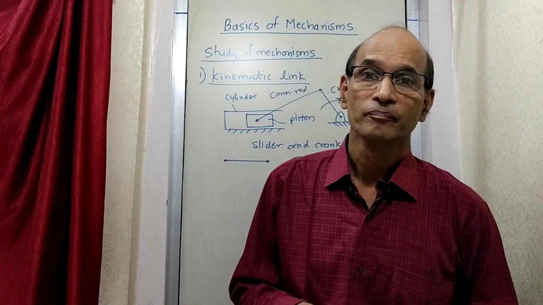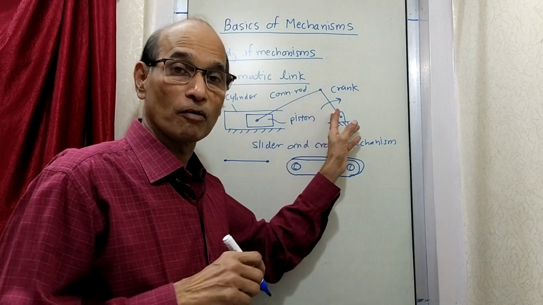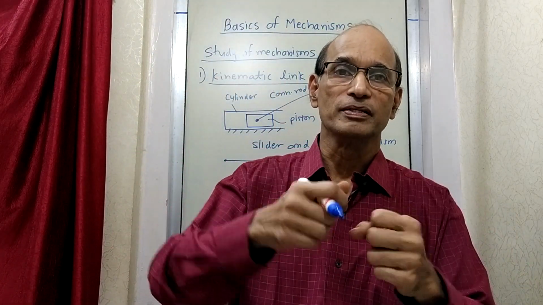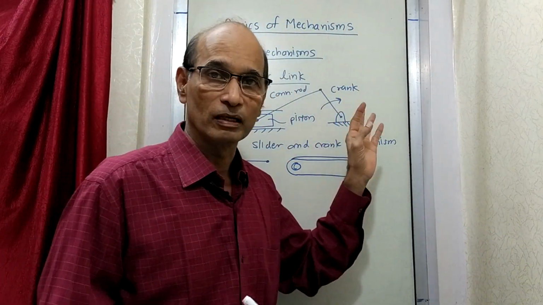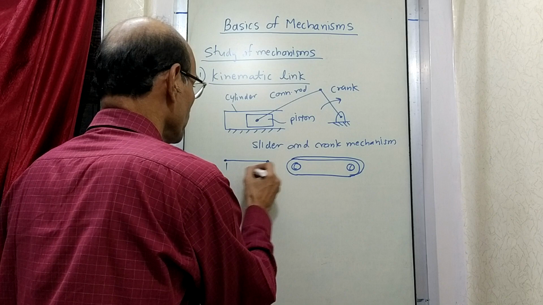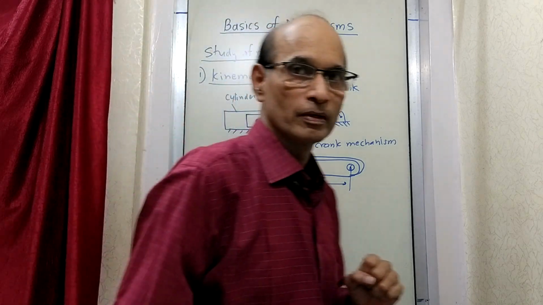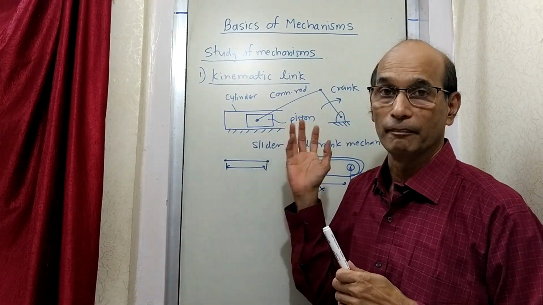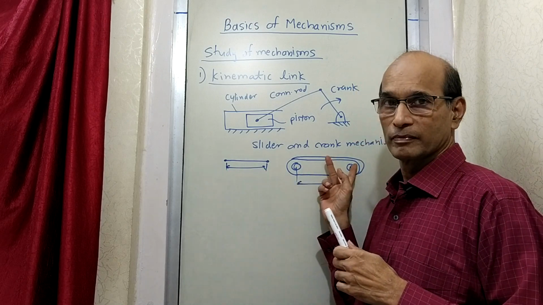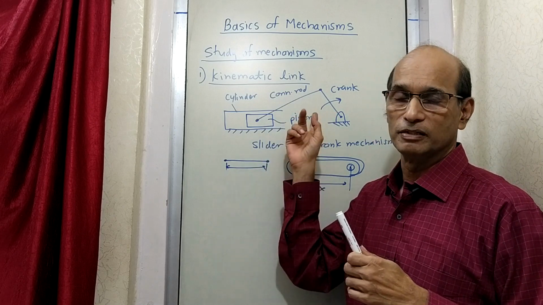Now what is the meaning of rigid? It means that it should not deform. Suppose you make this out of plastic instead of metal. Plastic can be easily deformed. So if you make a link out of plastic, when it starts functioning it will probably bend. And if it bends, the distance between these endpoints will not remain constant. The entire property of the mechanism depends on the length of the link, and the length of the link is counted from the pin joints. Therefore, this distance we should not change, and that will happen only if the link is rigid.